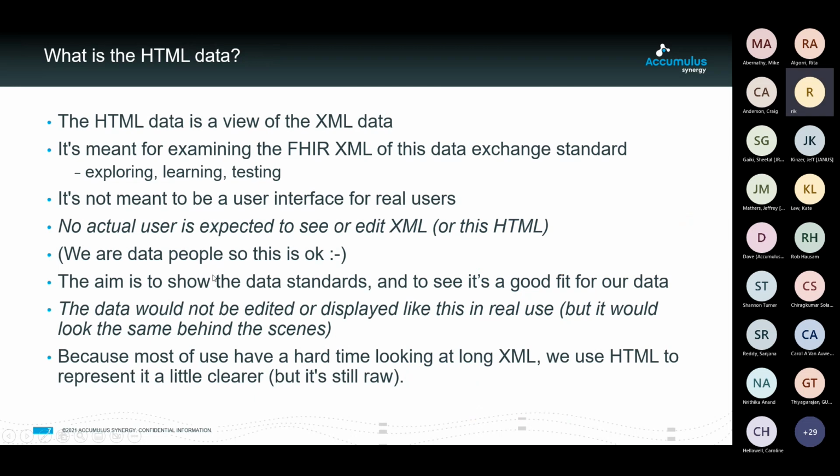Yeah, so what is this HTML? Well, as I say, it's an HTML view of the same stuff. So it's not a different thing. It's just the same stuff presented differently,